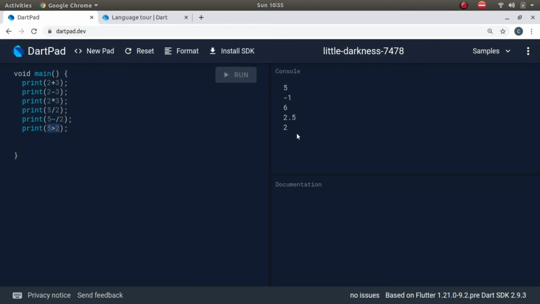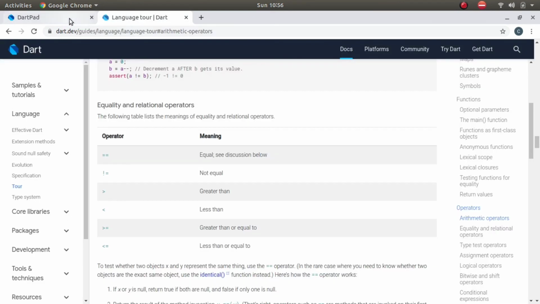Let's try running the code. See, all the previous outputs and an additional output of true, because 5 is greater than 2. Yes, it is a fact. Now if I write 5 is less than 2, which is false, after running the code this true will be false, because 5 is not less than 2, right? So this is a conditional statement, and we are evaluating it inside the print statement.